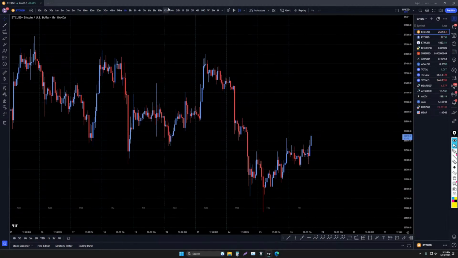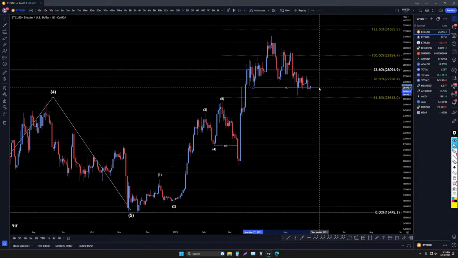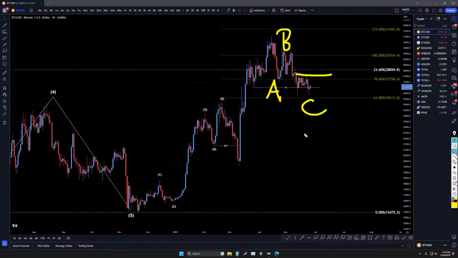Yeah, Bitcoin is going up a little bit right now. It broke structure, but now it's still not holding below structure. And really, if this goes up and takes out that high, I'm going to say that that is definitely the end of an ABC correction right there. The fact that it's not holding below structure, and then if it goes up and breaks that structure, that's definitely the end of a correction, and that is definitely going back up.